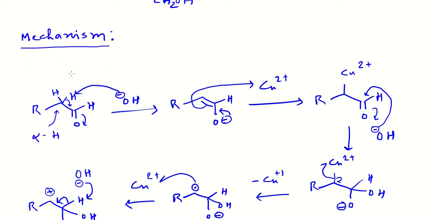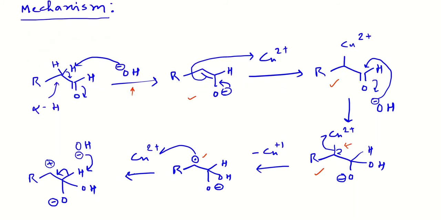Okay, so let us discuss the mechanism of this reaction. As we have seen in the case of Fehling's reaction, the alpha hydrogen will be abstracted by the OH minus and the corresponding enolate will be produced. Then it will attack the copper 2+ in order to generate this intermediate, which will then react with OH minus to produce this species. In this species, the copper 2+ then dissociates by taking one electron from this carbon-copper bond, and one electron will remain at the carbon, which will be a radical intermediate,